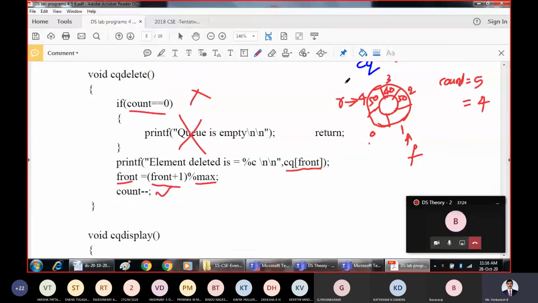Right? So whenever you delete 20, we have to increment the value of front so that front points to the next location. So from here to here, the front will get advanced now.